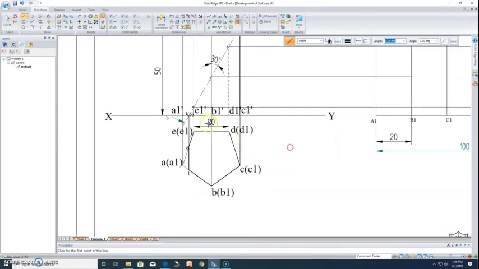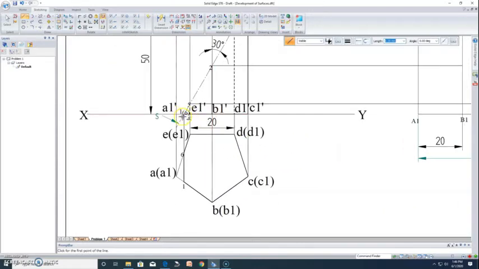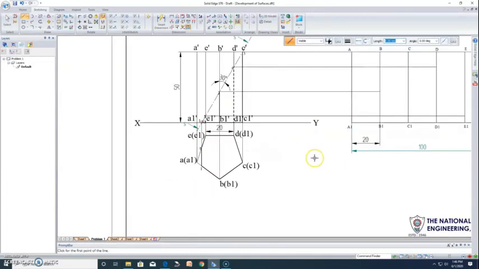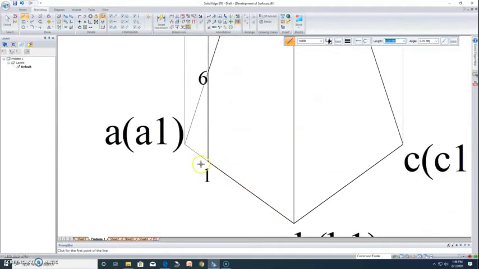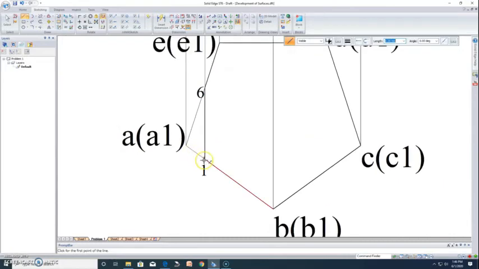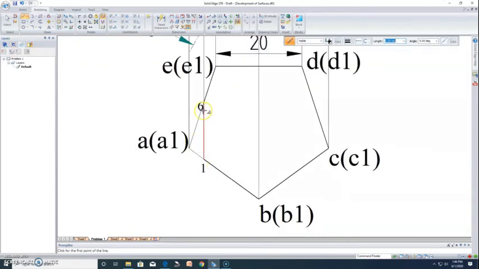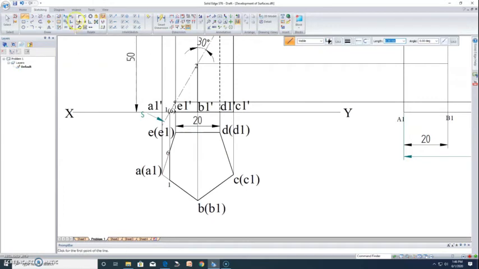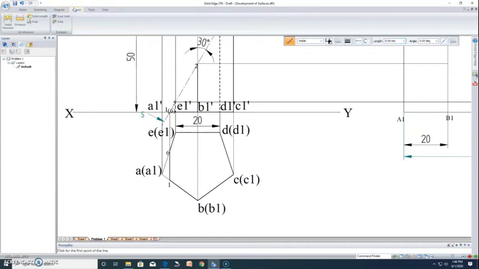plane. But in this case, as a portion of the base is cut, I have to identify 1 and 6 on the base edges A1B1 and A1E1. For that, I have to look for the top view. So I want this distance. That is the distance of 1 from A1 along A1B1, and similarly the distance of A1 to 6 along A1E1. So for that, I am going to use an option which is there in the inspect, where you can measure the distance, or you can even take the length. So I'm going to use the total length option.